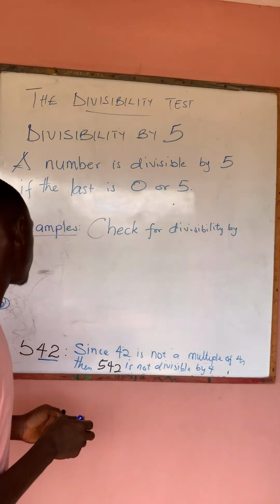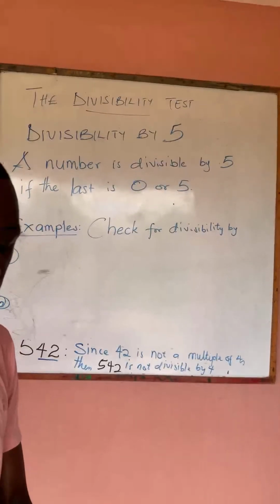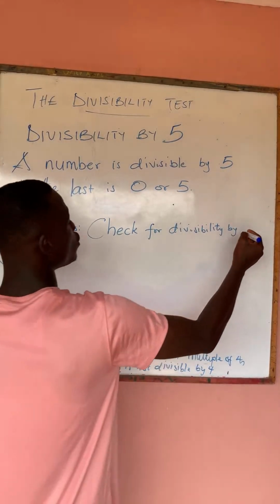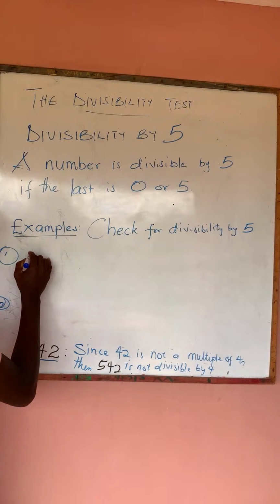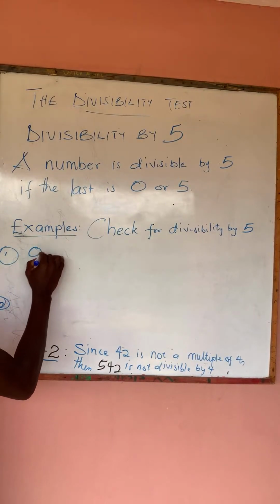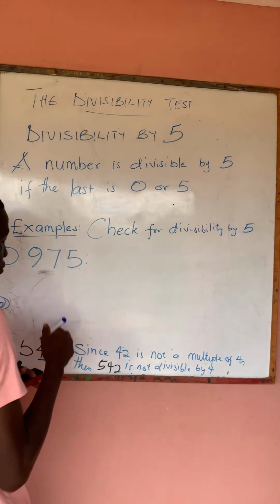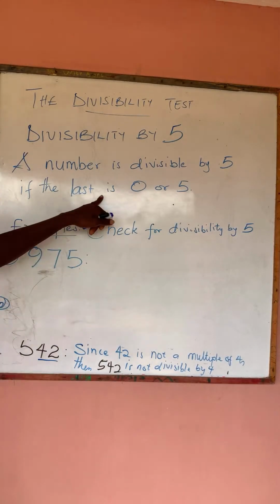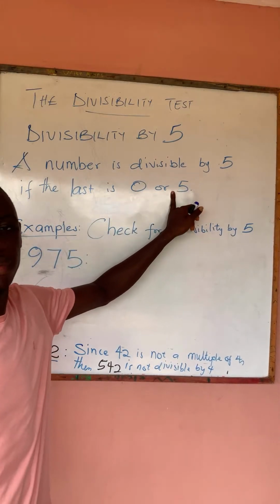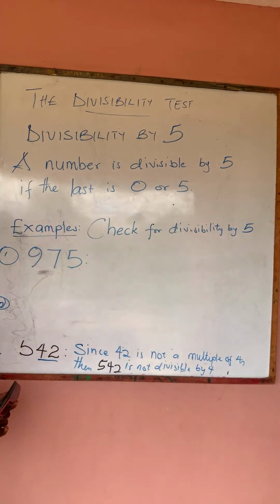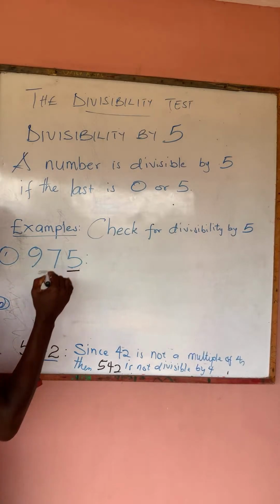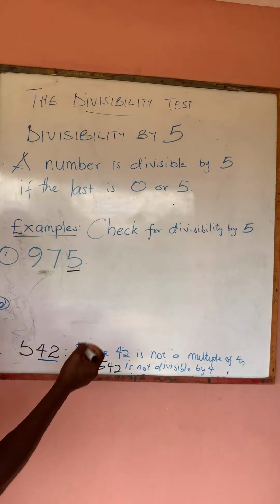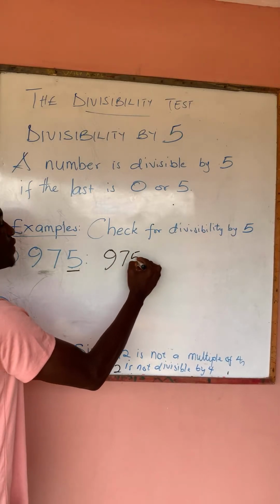Alright. Let us take some examples to back it up. So we are checking divisibility by 5 for the following one: 975. Now, for the divisibility by 5, you said that the last digit should be 0 or 5. Okay. Now, we check the last digit here. The last digit here is 5. So since the last digit here is 5, we're going to conclude that 975 is